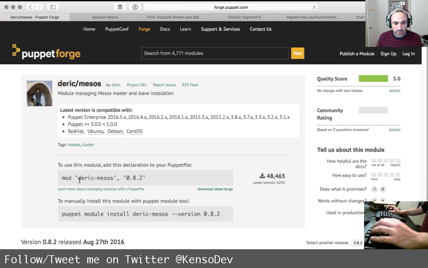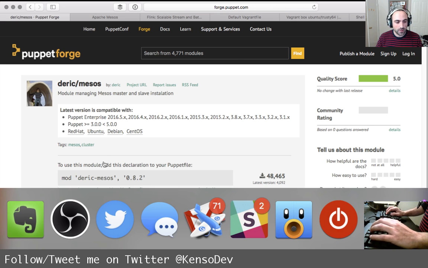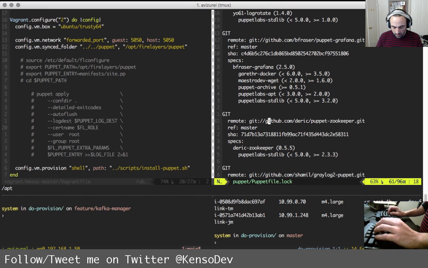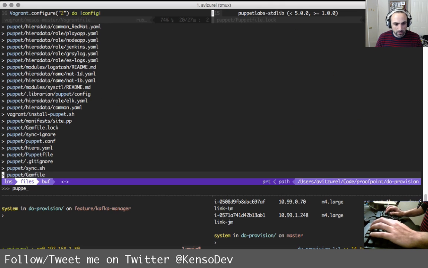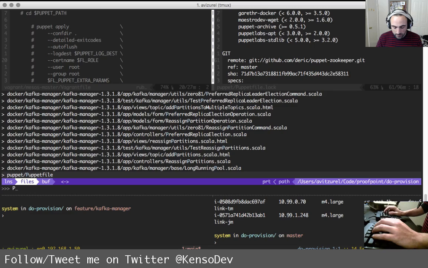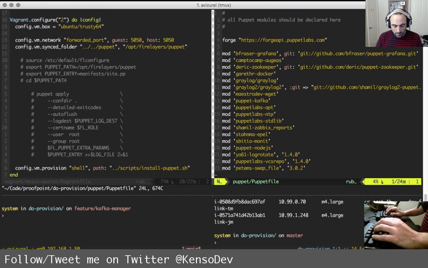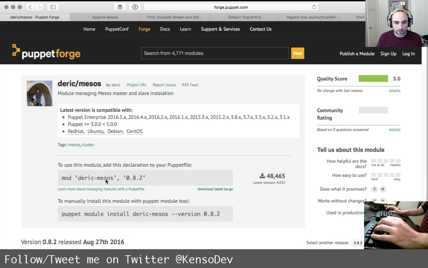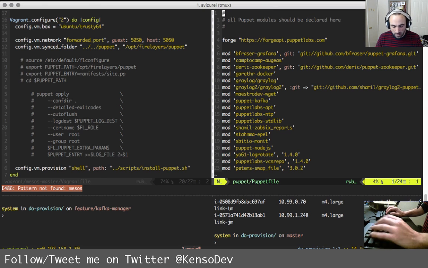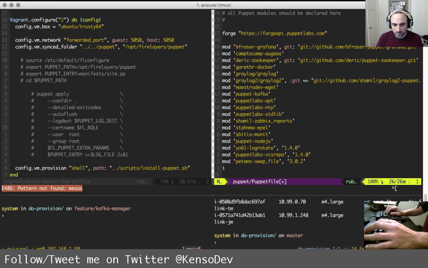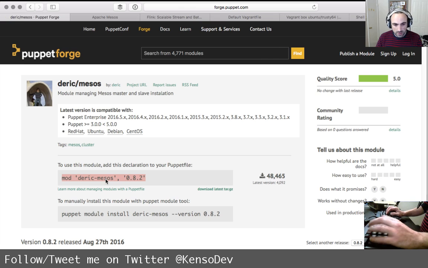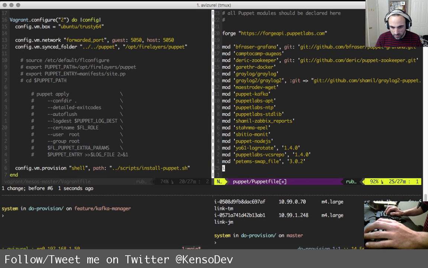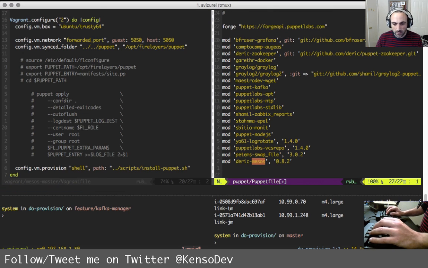Let's see how we can install this. Okay, so let's look at our Puppet file and see if we have Mesos here. We don't. Obviously, I'm doing a new system, so I can't expect to have it ready for me. All right, so let's paste that in here.